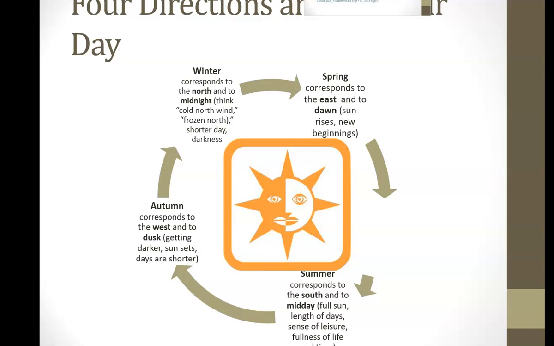Now, autumn corresponds to the west, and the whole idea of things getting darker, the sun's about to set. I mean, those of you who are Lord of the Rings fans, for example, remember that they sail off into the west, indicating the ending of this period of time for Frodo and Bilbo. And then winter corresponds to the north, to midnight, all right,